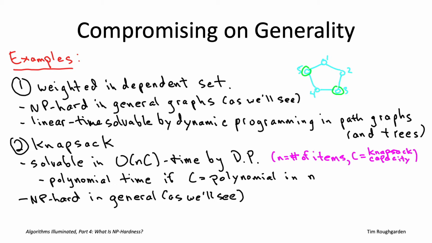We're not going to have any dedicated portion of the book or of the playlist to compromising on generality. And that's because work in that direction looks exactly the same as all the work we've been doing in parts 1 through 3. The whole point of parts 1 through 3 was to develop a toolbox to design algorithms that are always correct and always fast. And that toolbox in particular can be applied to special cases of NP-hard problems when they are, in fact, polynomial time solvable.